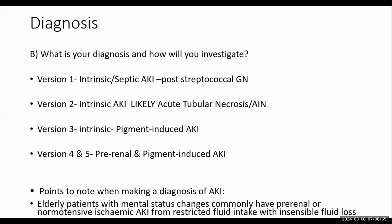But some points I would like us to note when we're making a diagnosis of AKI is, if you have an elderly patient who has mental status changes, commonly what comes to mind is pre-renal or a normotensive ischemic AKI, either from restricted fluid intake and as well insensible fluid loss, which I think can be the case in the diabetic, because for me, I just felt he would be an elderly patient, and of course he was brought in unconscious. So definitely there's